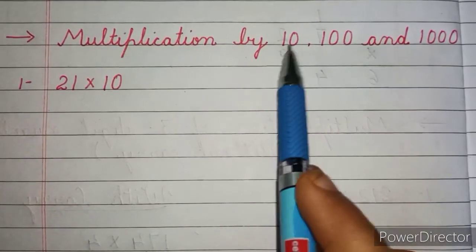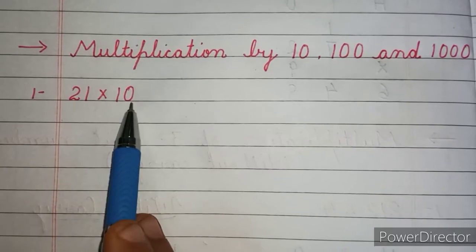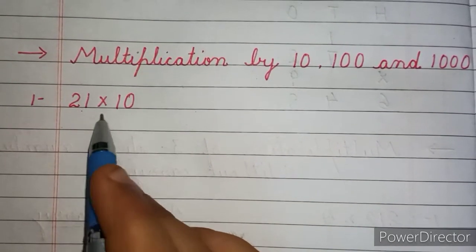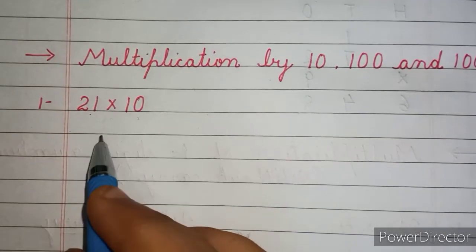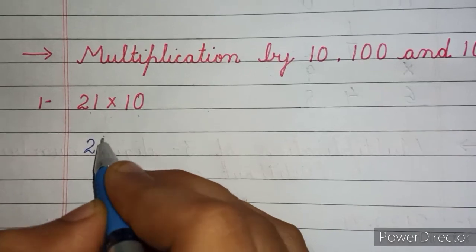Multiplication by 10, 100 and 1000. The question is: multiply 21 by 10. How to do this question? Look carefully. 21 multiplied by 10. So first we'll write here 21 multiplied by 10